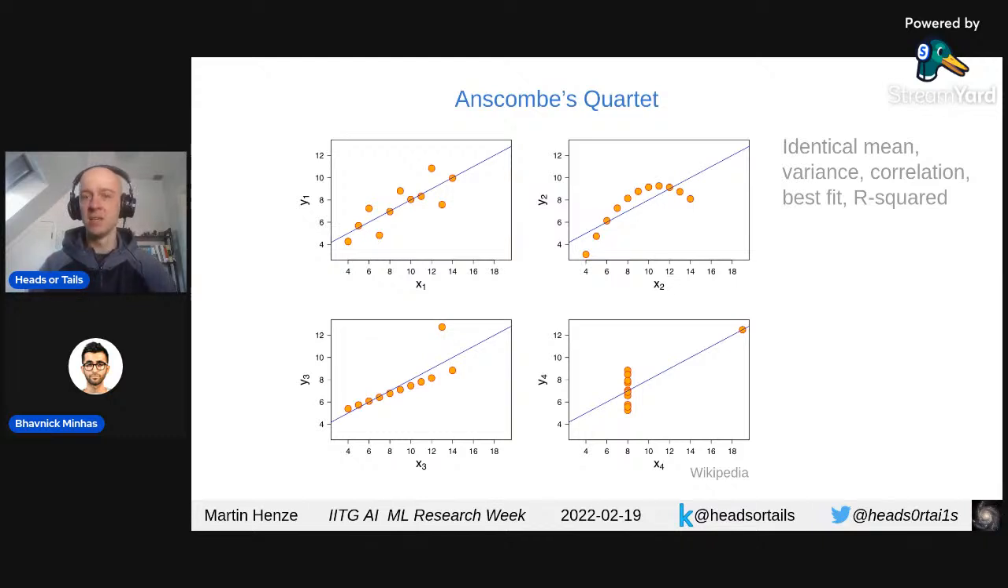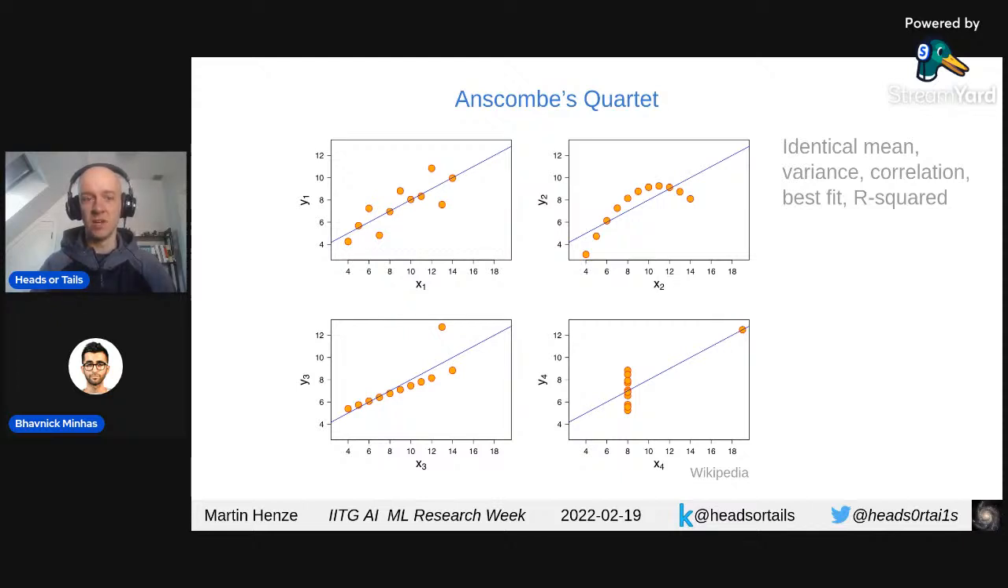They have the same mean in both of the variables. They have the same variance, the same correlations, the same fits. Everything is exactly the same. So if you don't visualize your data set, then you might be led to mistake that all of those four